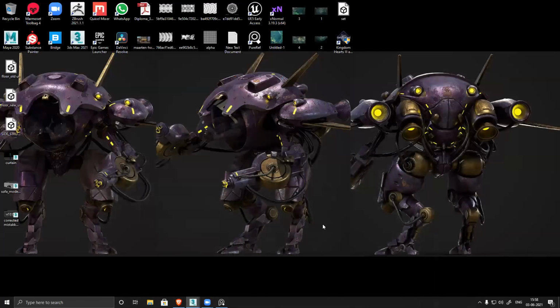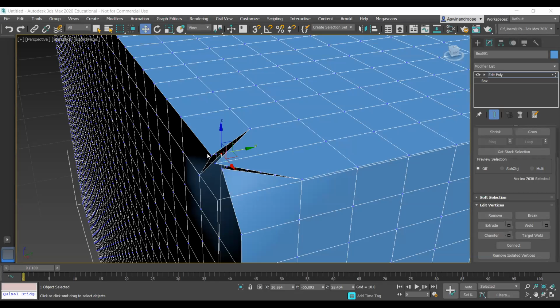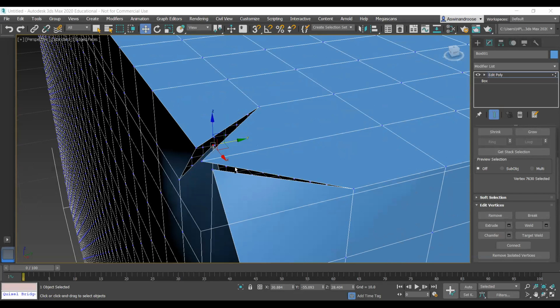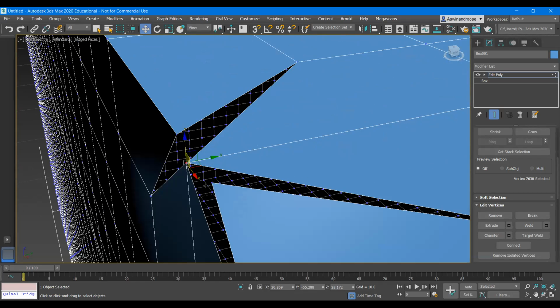So Andrews was asking something, wants to show something. Yes, share your screen. Tell me what you're showing. Okay. Sir, can you see now? Yes, I can see your screen. Sir, if I'm trying to weld this and this, select all three of them.